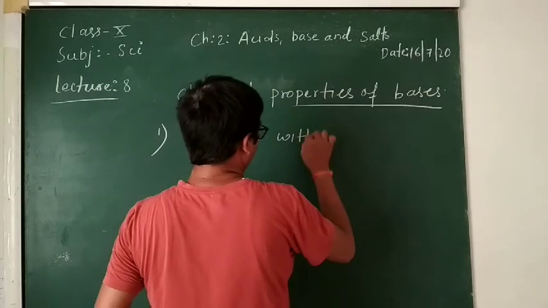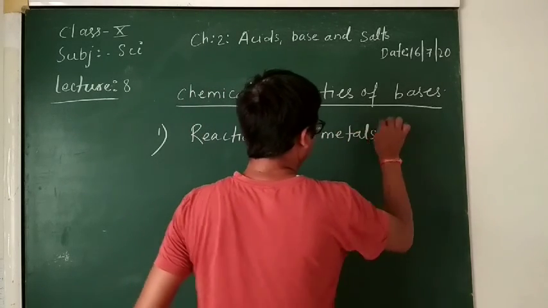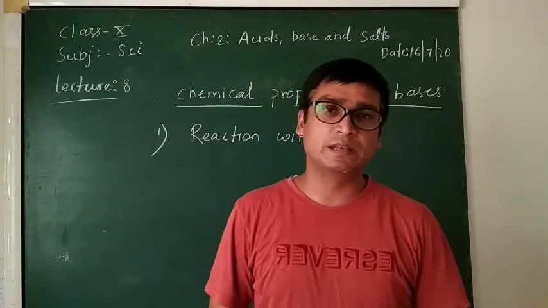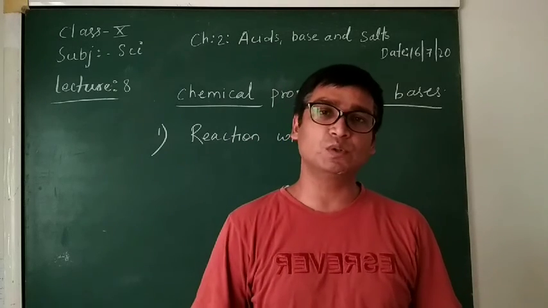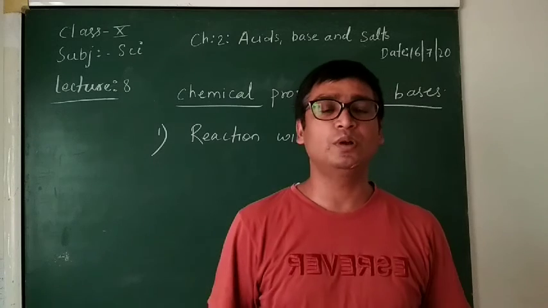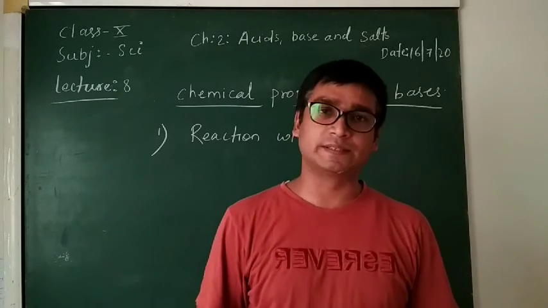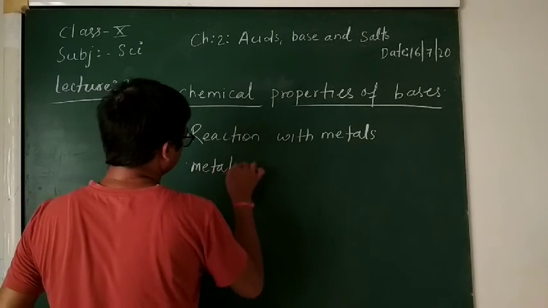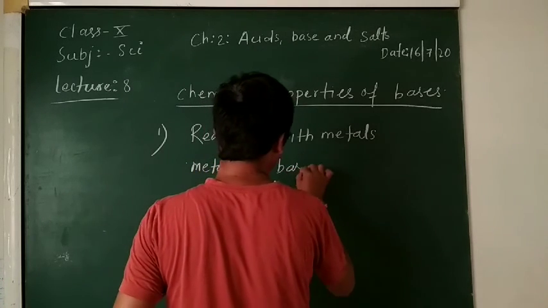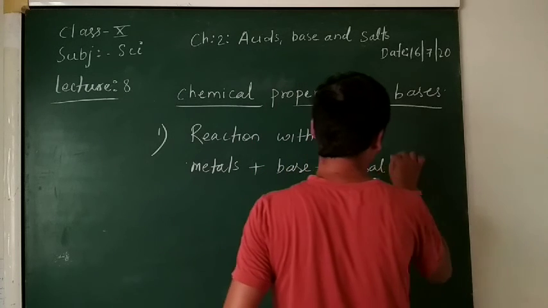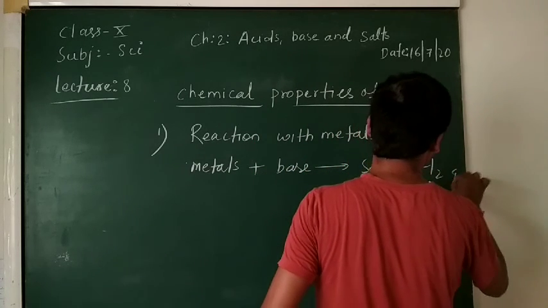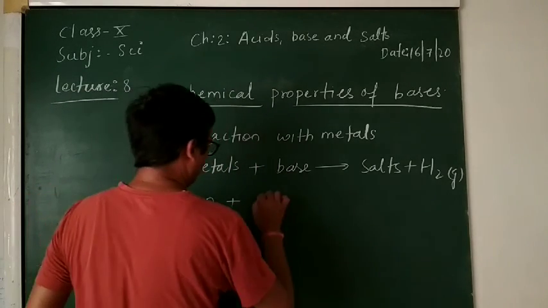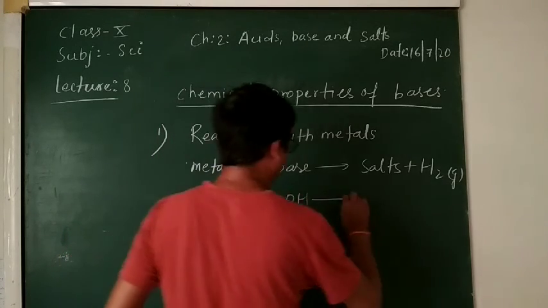metals. Reaction with metals. So in the chemical properties of bases, bases also react with metals to produce salts and hydrogen gas, similar to the acidic properties, similar to the acids. So here we can write metals plus base gives salts plus hydrogen gas. So we can take here metal as Zn plus NaOH, that gives